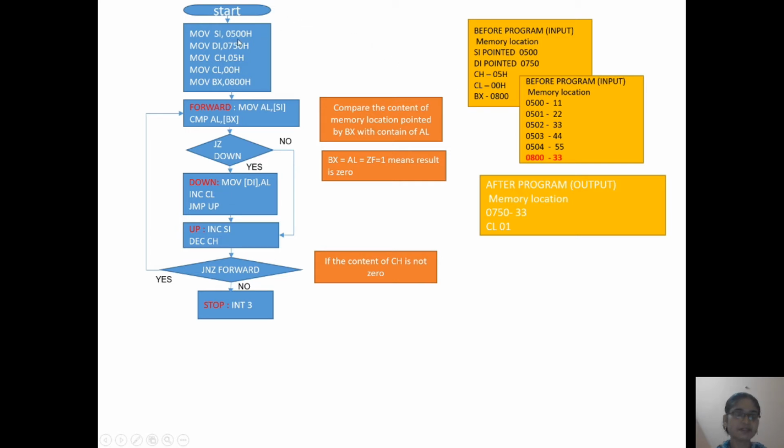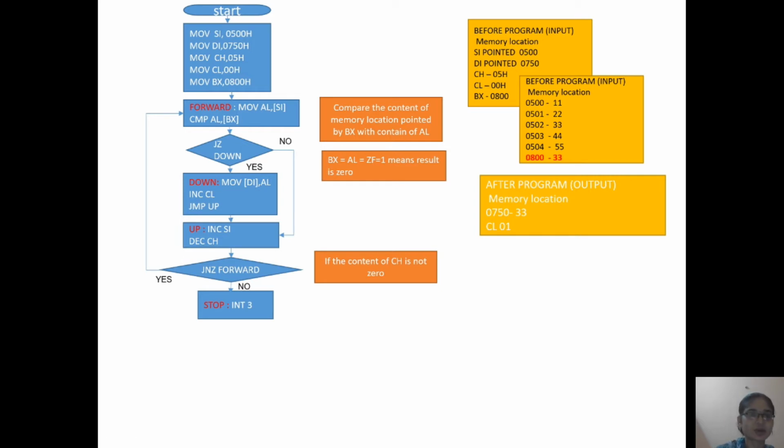So I am assigning 500 to SI, 750 to DI, 05 to CH to use as a counter, and 00 to clear the CL register. We will use this CL register to count the frequency of the number, and I am assigning this 800 memory location to the BX register to point to the memory.